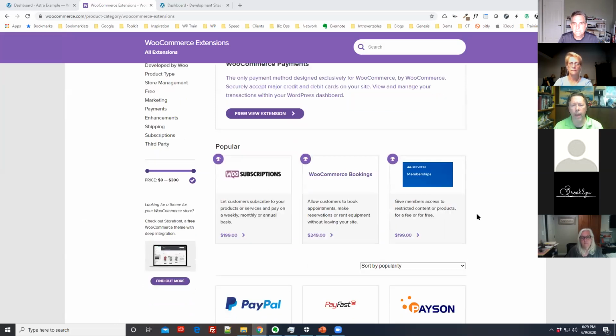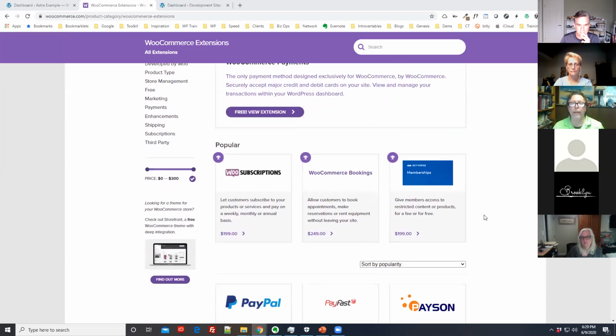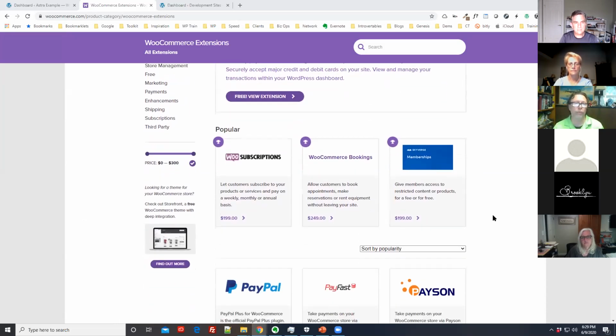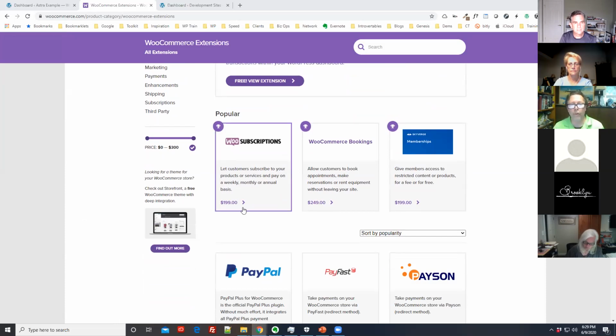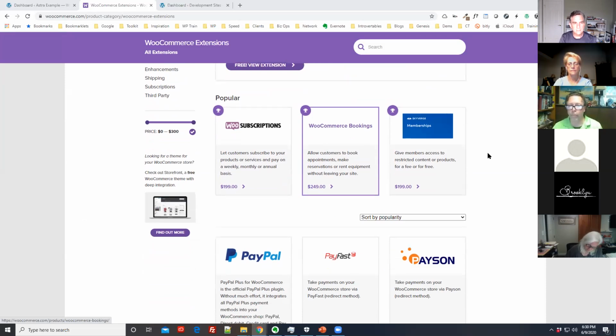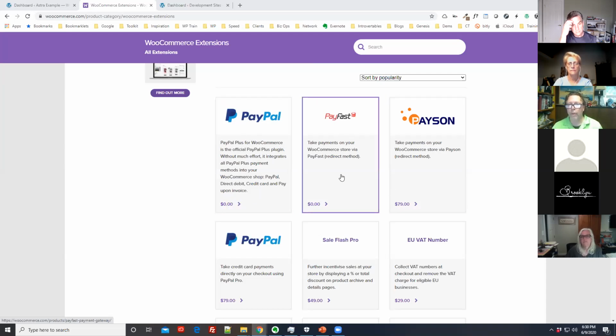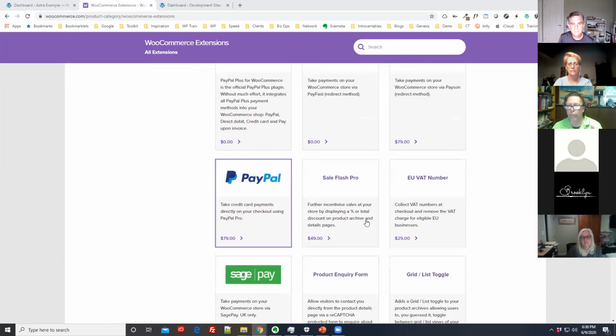Okay, so this just gives you an idea of, and we'll get into this, the reason I thought this was valuable in terms of pricing is there's 199, there's a 249 for WooCommerce Bookings. So using the e-commerce engine, but for doing some booking things. But then you'll see that the extension for PayPal is free. PayFast, which is another payment, is free. And then we go on to now,